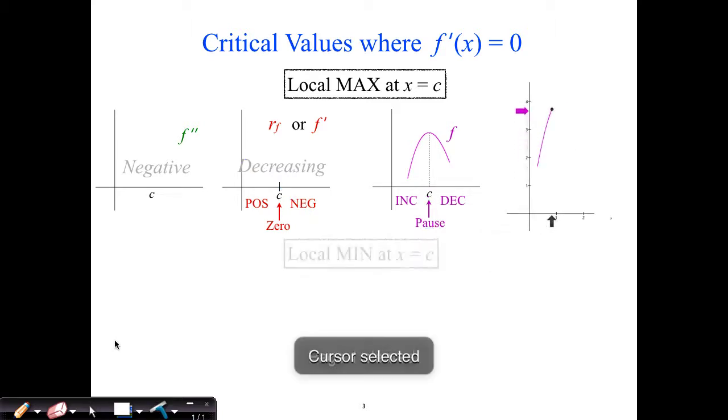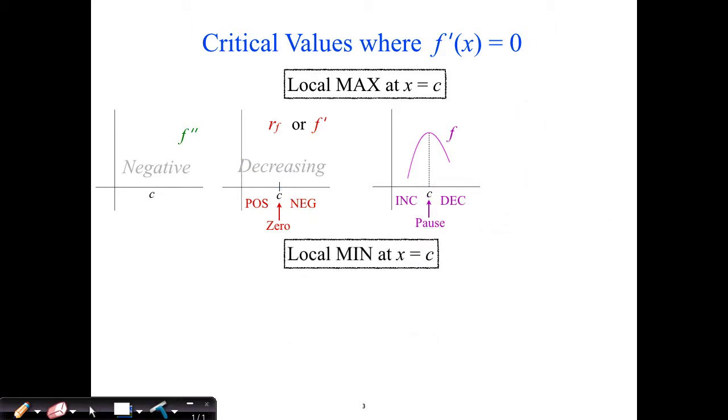So if f prime of x is 0, I could also have a local minimum, kind of the opposite of this. The derivative equaling 0 doesn't mean I have to be at the top of a hill. It could mean I'm at the bottom of a hill, or it could mean some other things also. But at the bottom of a hill, I would have some changes from what happened above. In order for us to be at a local minimum,